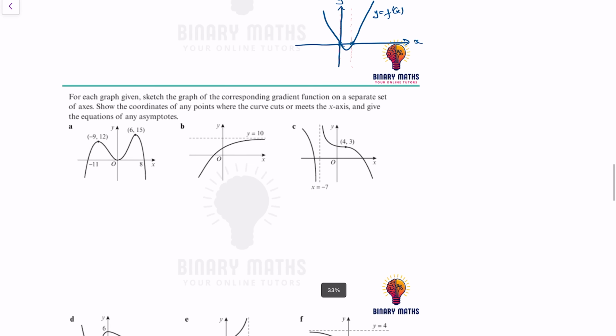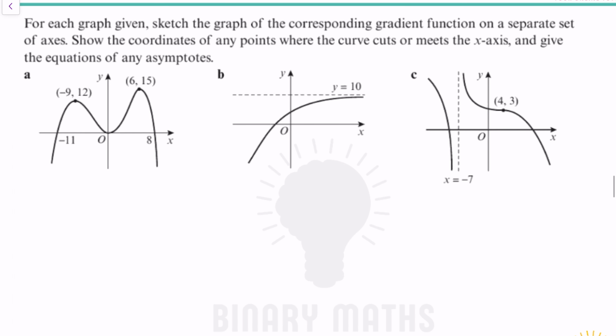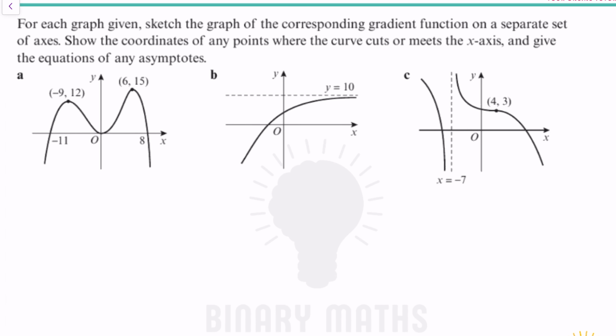Let's look at more complicated examples. For each graph given, sketch the corresponding gradient function on a separate set of axes. Show the coordinates of any points where the curve cuts or meets the x-axis, and give the equations of any asymptotes. Okay, so first of all, identify the stationary points. So that point, and that point. So when we draw y equals f dash of x here,